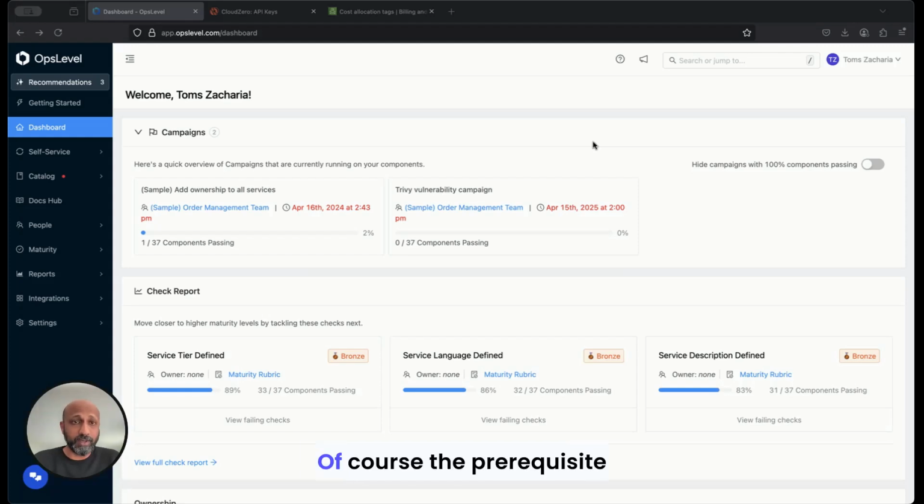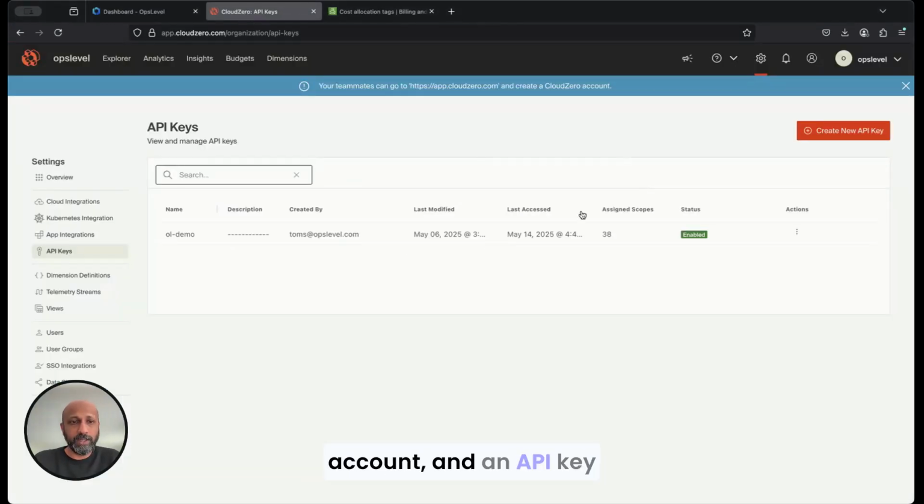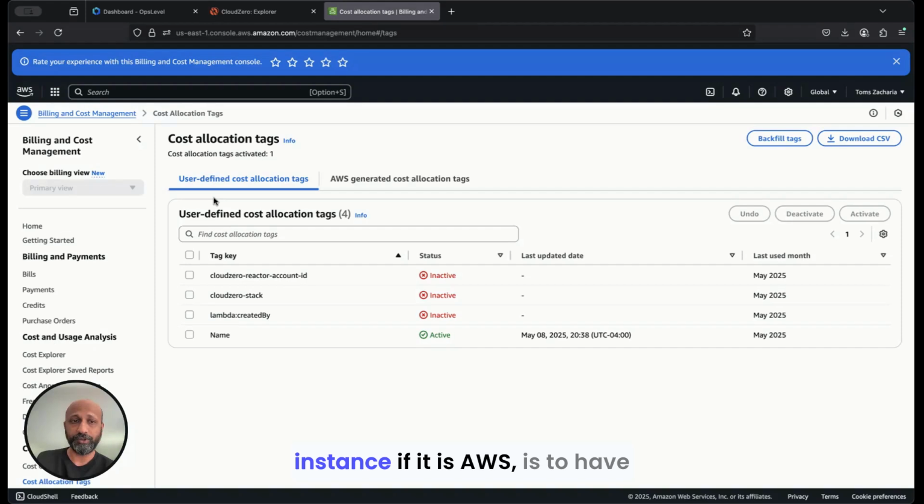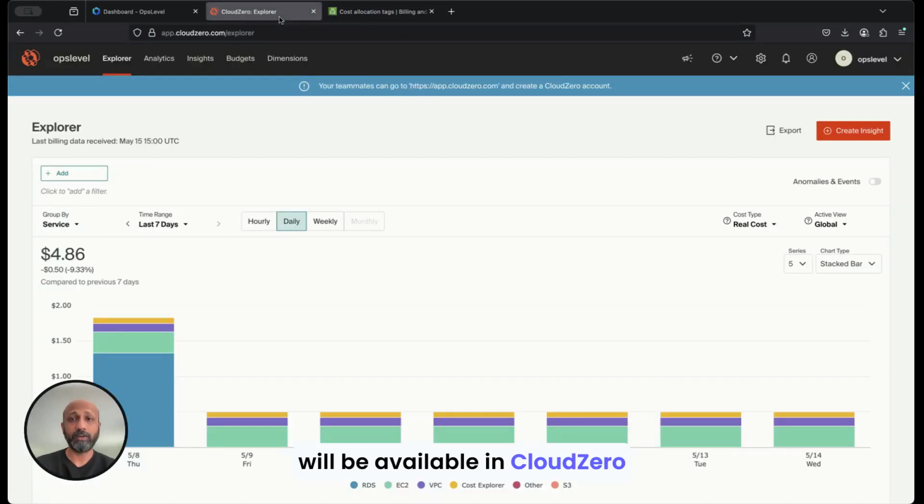Of course, the prerequisite is that you have a CloudZero account and an API key enabled on that account. Hopefully, you would have already integrated the account with AWS or another cloud infrastructure. And what we would want, for instance, if it's AWS, is to have cost allocation tags enabled. So what we're going to leverage are tags, and this tag information will help us associate relationship between services in your catalog and infrastructure resources in AWS. So in this case, we have enabled name as a tag, and this information will be available in CloudZero